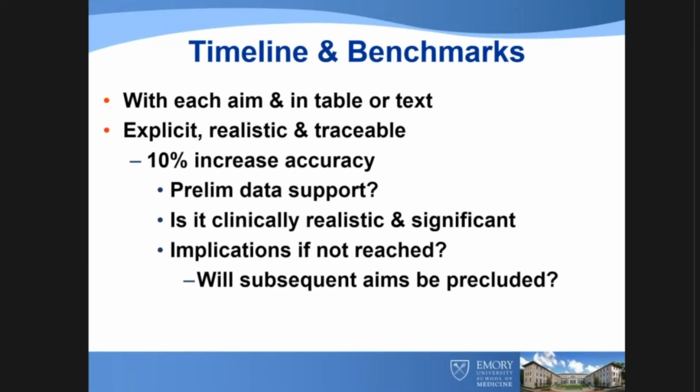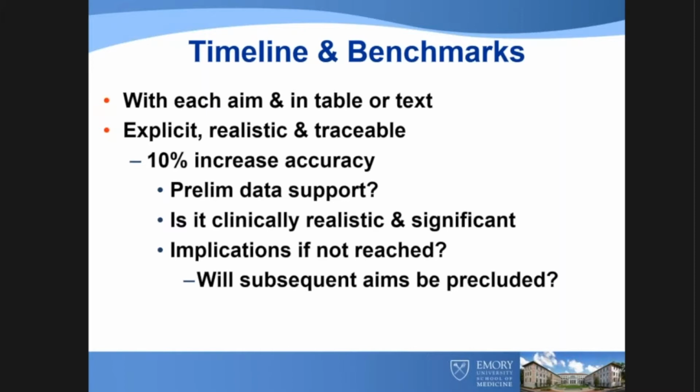Sometimes I've seen where they don't really match. And sometimes you'll look at the timetable and they don't make any sense. We're going to do all our development in year 1. We're going to start collecting subjects in aim 2, which starts at the beginning of year 2. We're going to collect our subjects all the way through the end of year 4. We're going to start our analyses in year 3. Wait a minute, how can you do that? You don't have all your subjects. So make sure your timeline really makes sense. Be explicit, again, realistic and traceable,